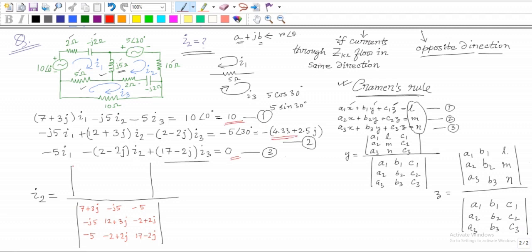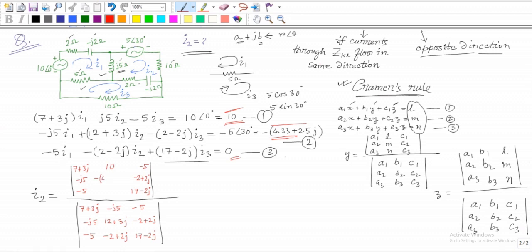Otherwise, 7 plus 3j will remain there, minus j5 will remain there, minus 5 will be there. Here also minus 5, minus 2 plus 2j will be there, 17 minus 2j will be there. But the second column will be filled up by this value, 10,